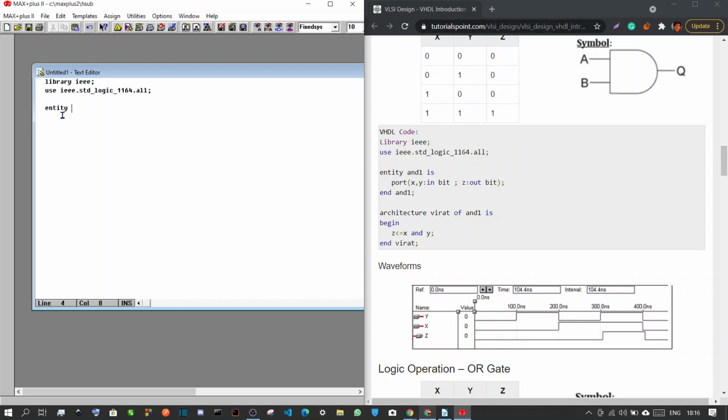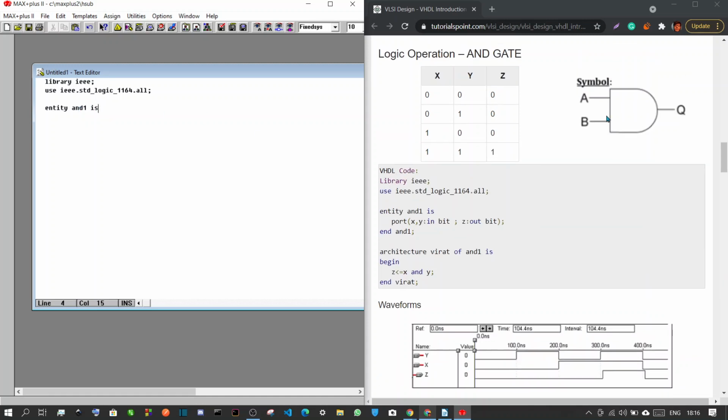Right? So we declare an entity, and the name of that entity will be and1. So this is the name of that entity, and we'll place another keyword is. So entity and1 is, now you can name this whatever you want, but since we are creating an AND gate, we'll name this AND1. So AND1 is, press enter, put some indentation by pressing double space, then write port.